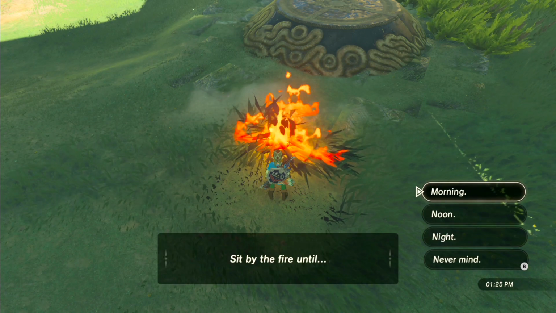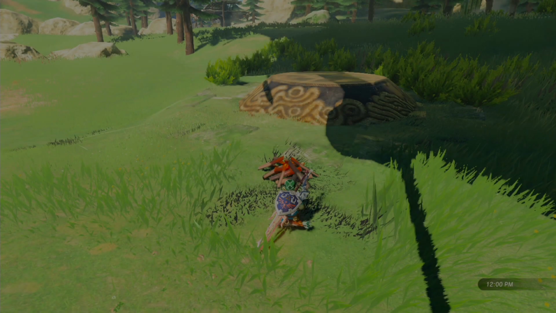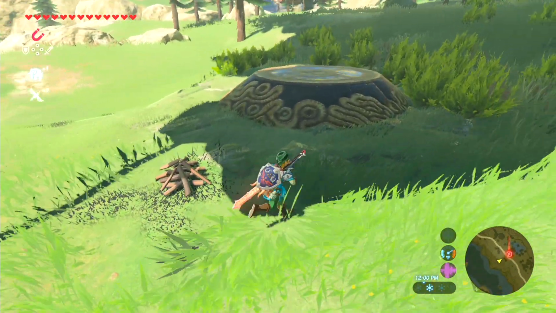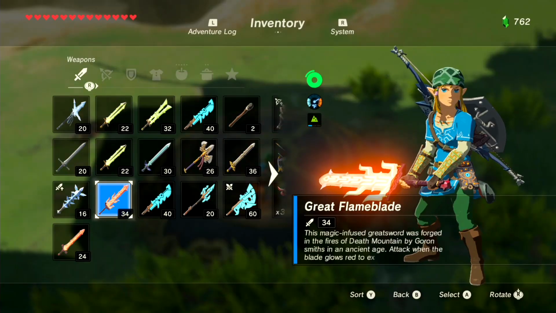And now, we can just wait until noon. This will sort of reset everything, as it were. And then, we can try and activate the shrine. Okay, so now that everything's pretty much reset, let's just wait for that heart-shaped ray of sunlight to pass over this pedestal, make it start glowing, and then what you want to do is be standing on it and hit